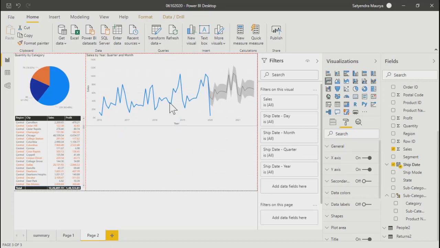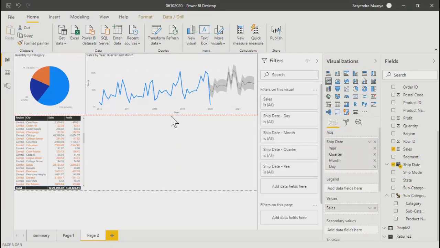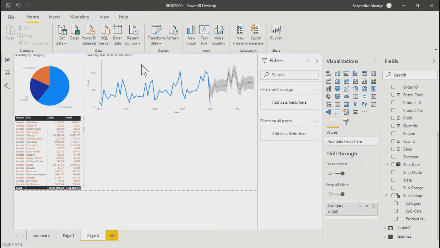So I'll put it here. Now I'm just going ahead and we'll create a cross table. I'm not talking about a simple table. We'll take a cross table.